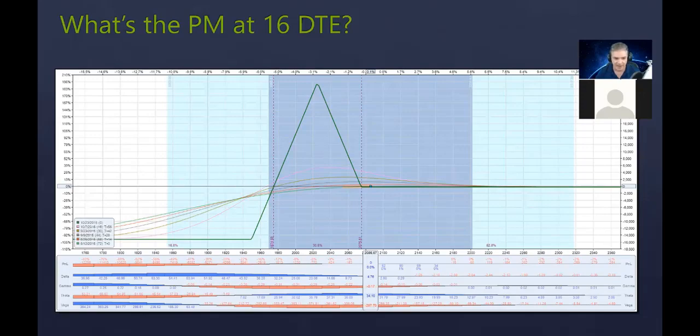So if we look at that, I know this is very small writing, but if you look at the pink line here, the pink color is showing you that there's 16 days to expiration there, right? So if we were to look at the portfolio margin at 16 days to expiration, it's the exact same thing. We basically go 12% down until we hit that pink line, the 16 days to expiration line. We then go across, and you can see here that our portfolio margin, assuming price doesn't do anything, if